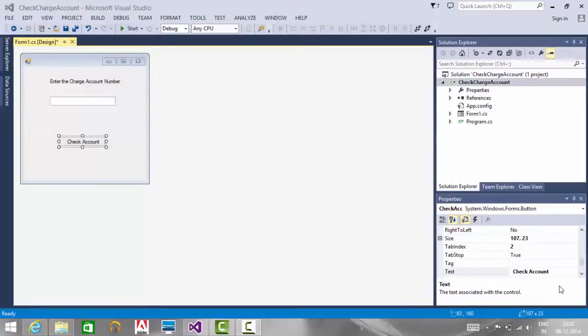So in this problem, we need to create an application that reads the contents of a file which contains a list of the company's valid charge account numbers. The application should then let the user enter a charge account number. The program should determine whether the number is valid by searching for it in the array or list that contains the valid charge account numbers. If the number is in the array or list, the program should display a message indicating the number is valid. If the number is not in the array or list, the program should display a message indicating the number is